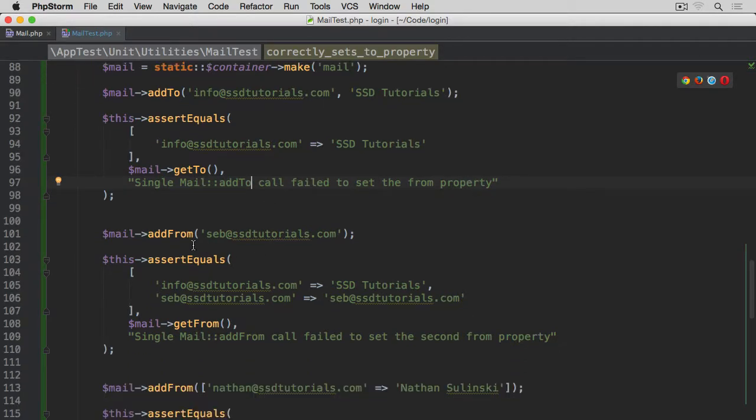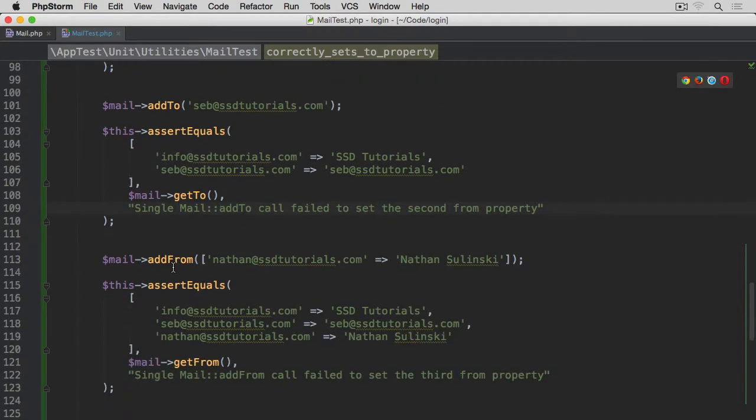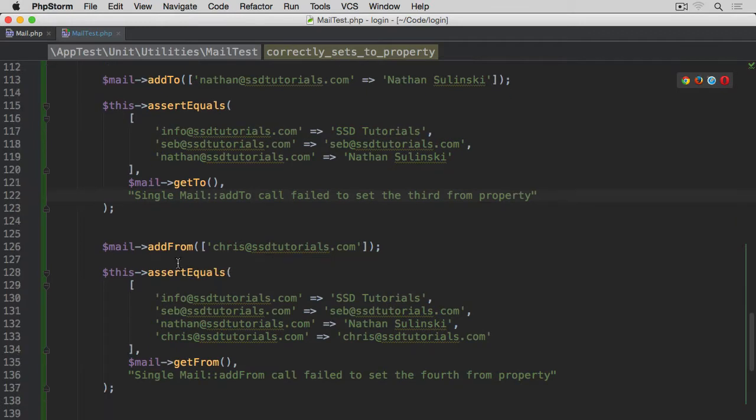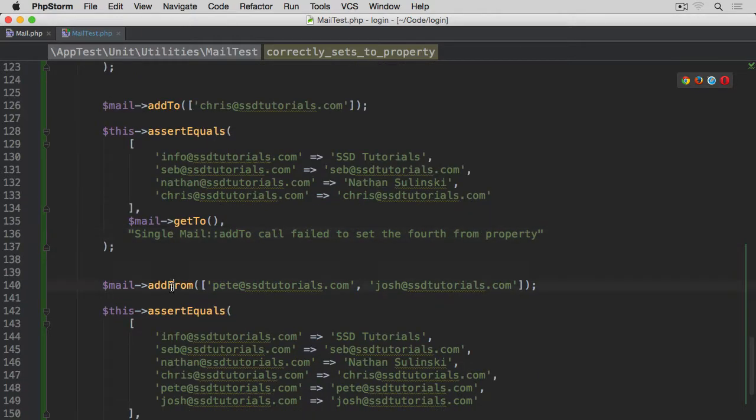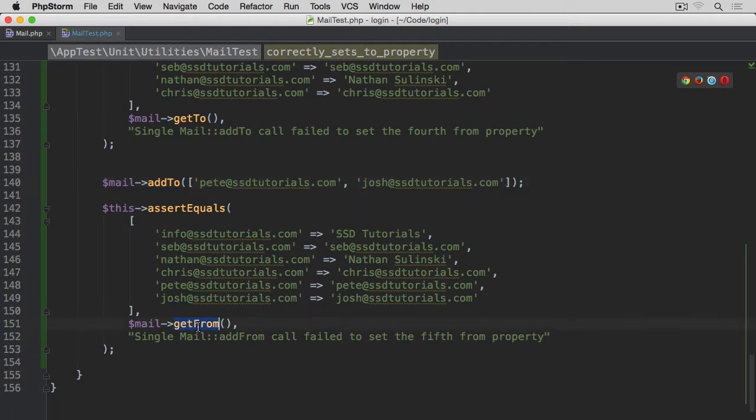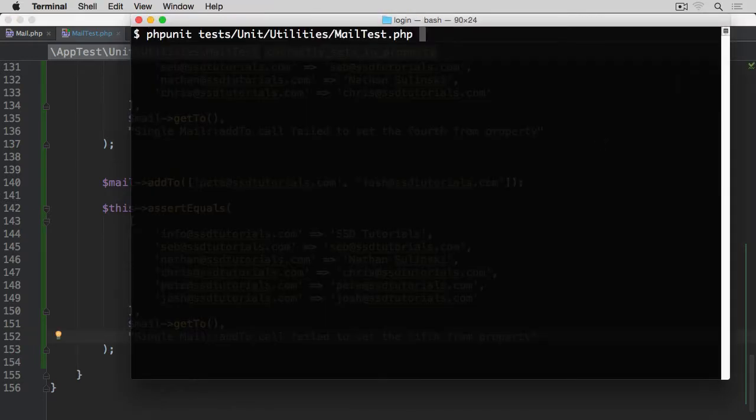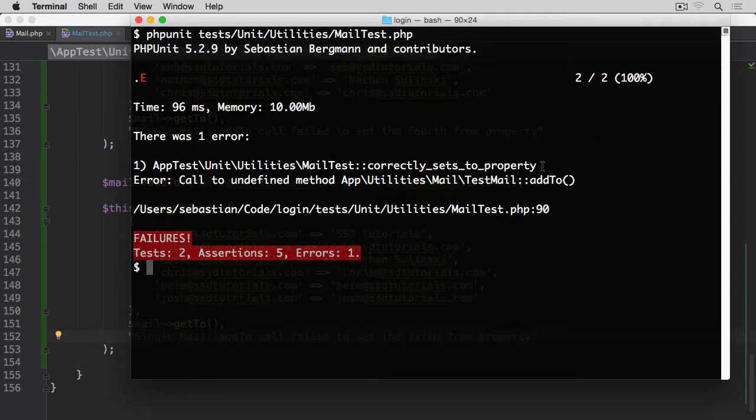And if we scroll down, add to, get to, and add to, get to and add to, same here, and add to for the message, and once more get to and add to. And if we open the terminal and try and run the test, there we go, we've got call to undefined